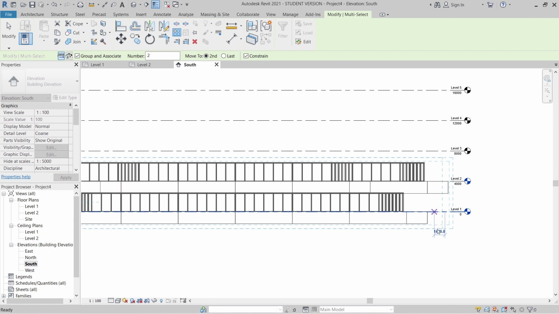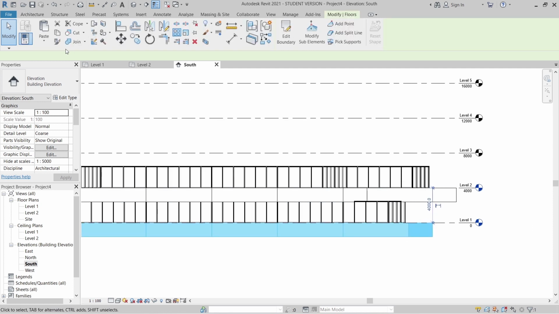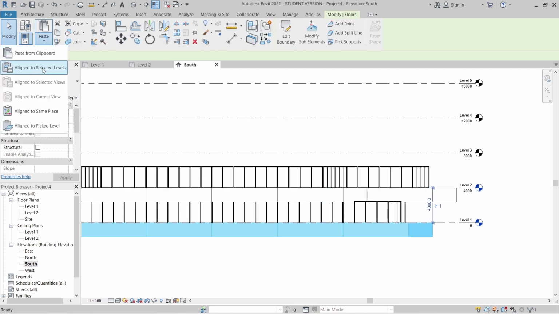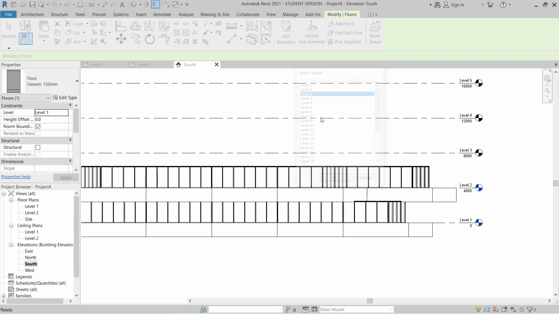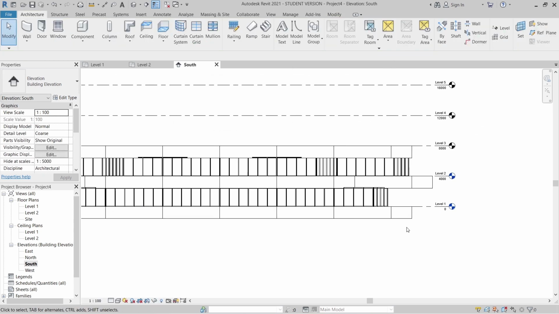Hit escape first. Okay, no brainer. I will copy that. Then I can paste it to level 3. Okay, perfect. Now I will copy all of them.